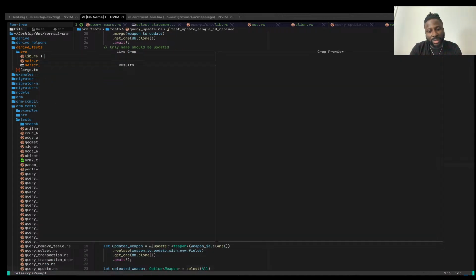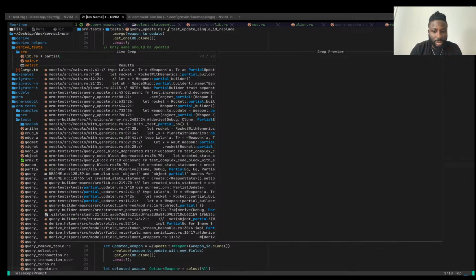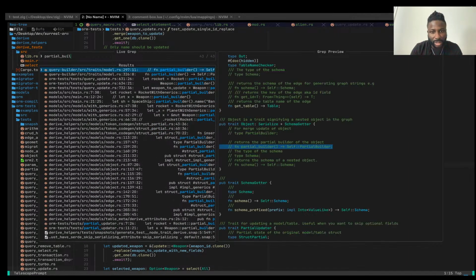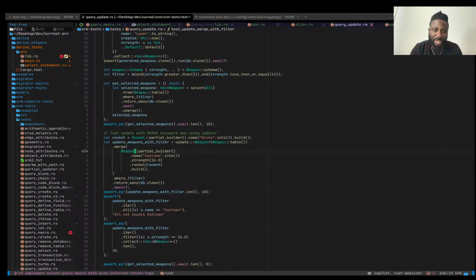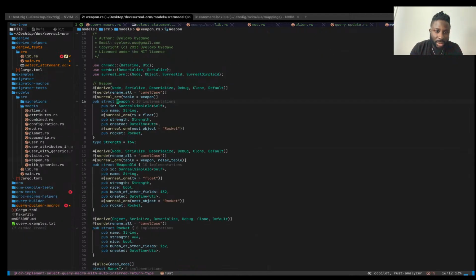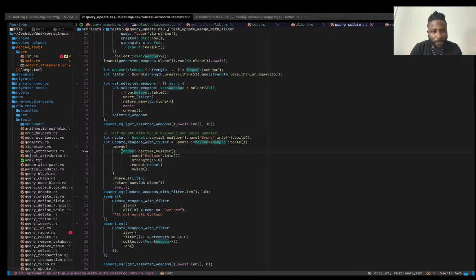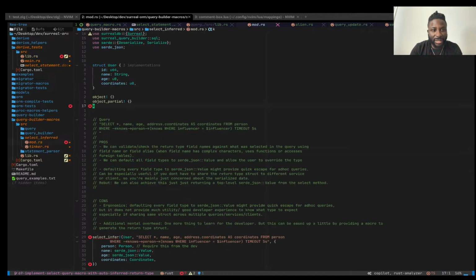And we've also got this partial builder implemented. These are example use cases for weapon. Also, you see weapon has 5 fields, but with partial builder you can specify fewer fields. In this case, we're specifying just 3: name, strength, and rocket, right? So we solved that case already, but I'm just trying to explain this, and especially when you're trying to do